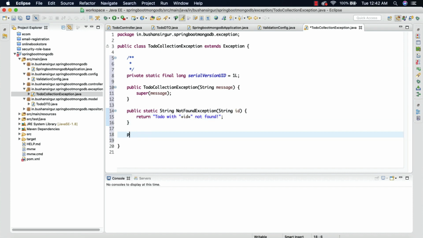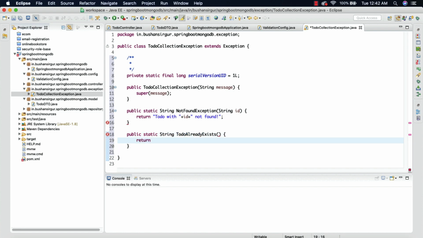The second method, which is public static, is also going to return a string, toDoAlreadyExists. We're going to return a message: to-do with given name already exists.